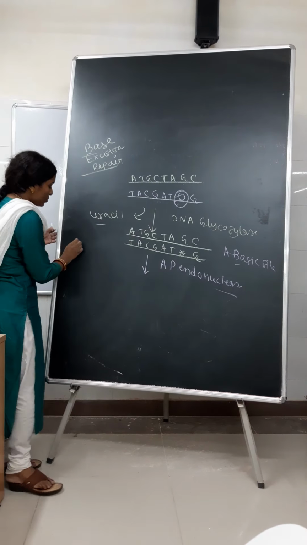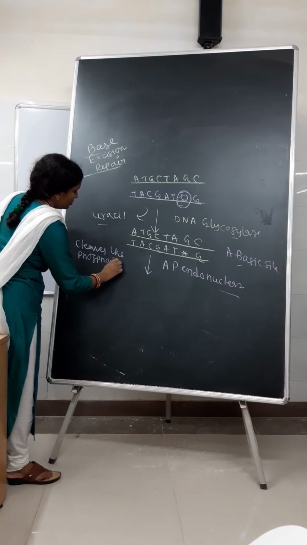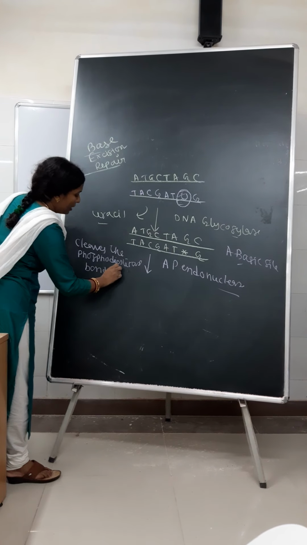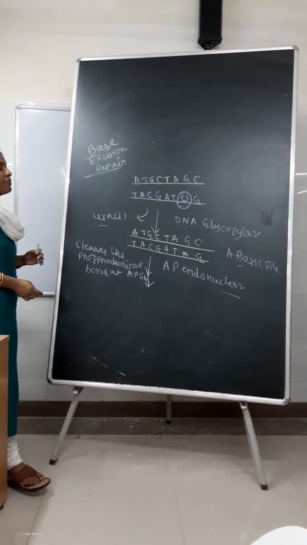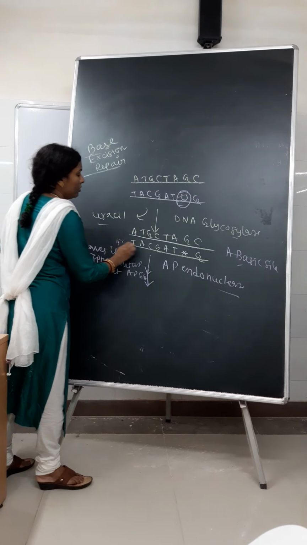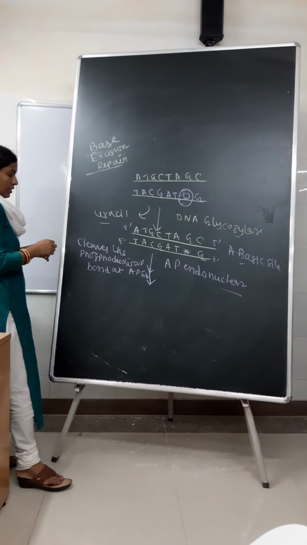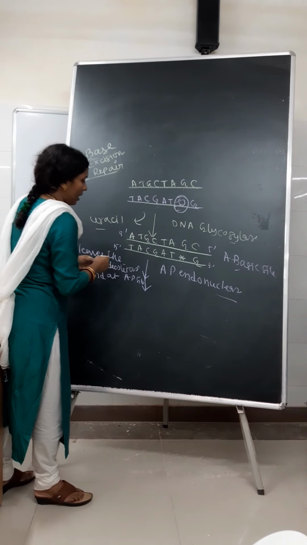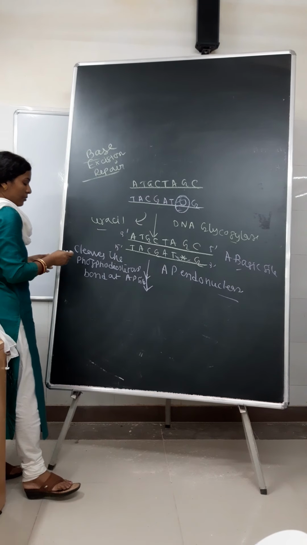It will cleave the phosphodiester bond at the AP site. So at the AP site, the phosphodiester linkage is cleaved by the AP endonuclease. So now this phosphodiester bond is cleaved. Now the next enzyme comes. So the phosphodiester linkage is cleaved by the AP endonuclease. Next the enzyme comes, that is our